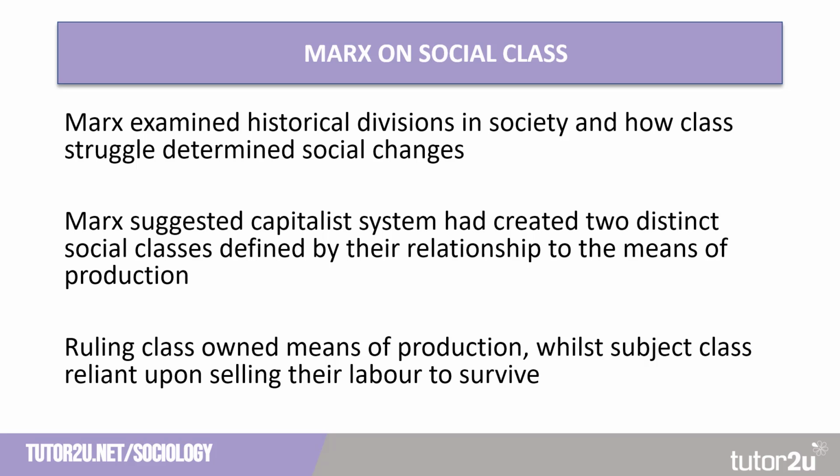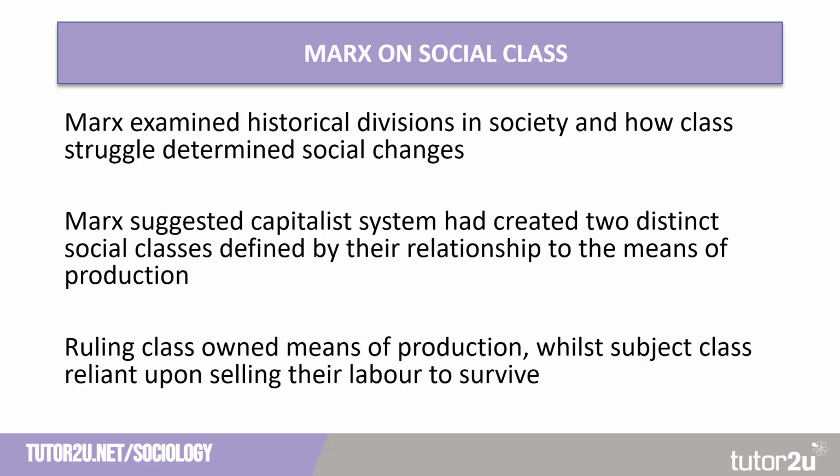Throughout his work, Karl Marx saw a historical relationship between divisions in society and how class struggle had come to create social changes. Marx suggested that from the end of primitive communism, society had been organised into two main groups, those who had power and those that did not. And this binary class system was present in ancient and feudal societies and has transferred into capitalist society. In the capitalist system, individuals were organised based upon their relationship to the means of production, that is, the factories, resources and capital, much in the same way as individuals have been organised based upon their ownership of land and estates in feudal systems.